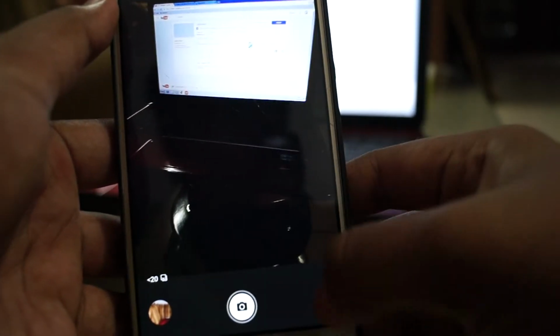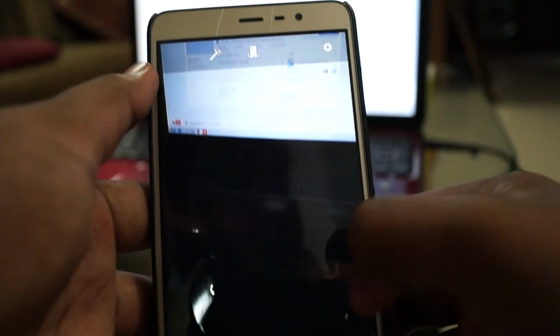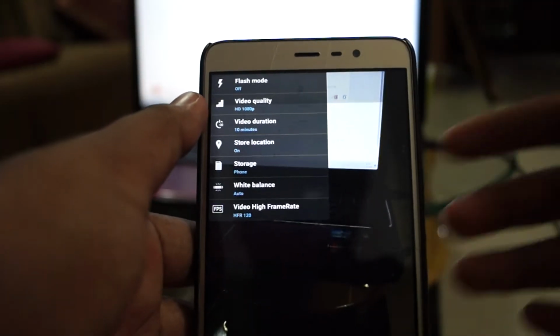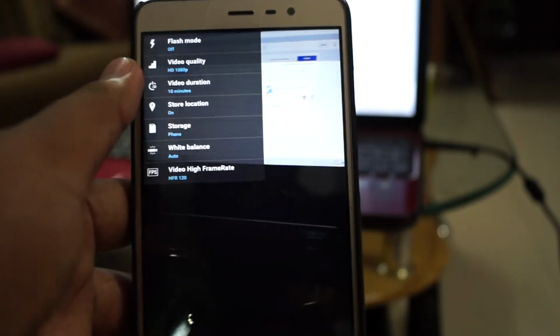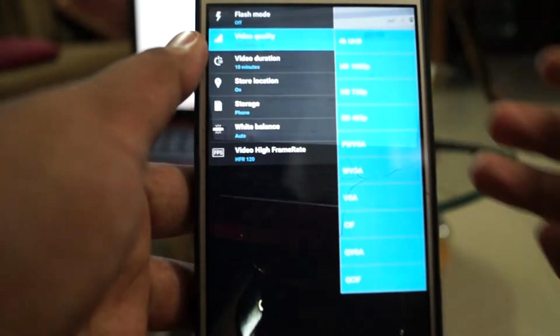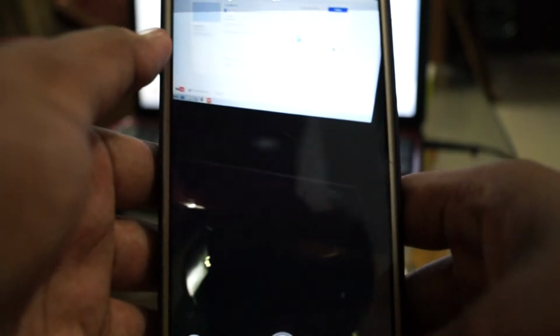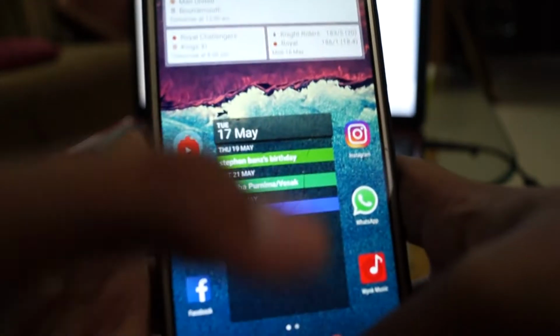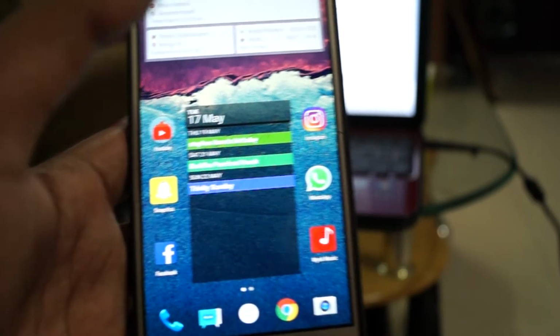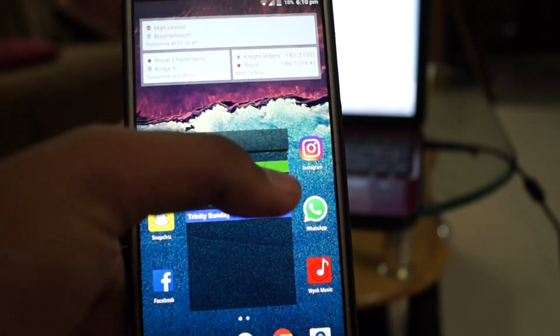You can manually click photos, and there's a video option. In the video option, you can set the frame rate also. That's a very great thing, and you can record videos at 4K Ultra HD. Camera quality is really good on this app, and the UI is good.